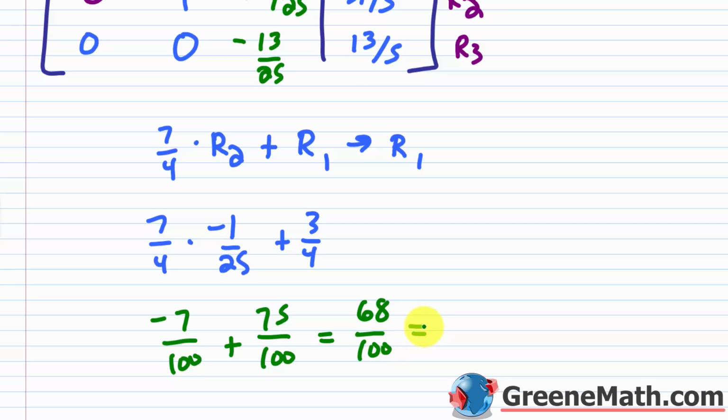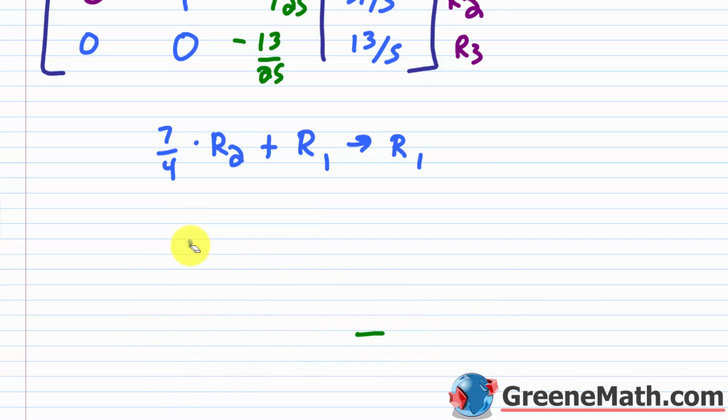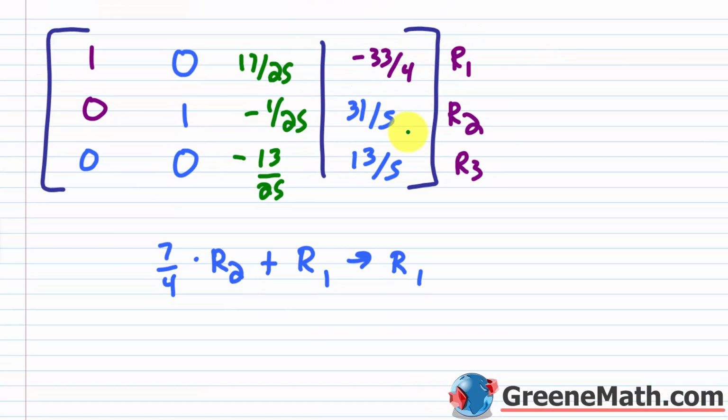Which would simplify. 68 divided by 4 is 17, so this would be 17 over 25, right? Because 100 divided by 4 is 25. So this would be 17 over 25. And then for this one right here, again, we're going to multiply 7 fourths times 31